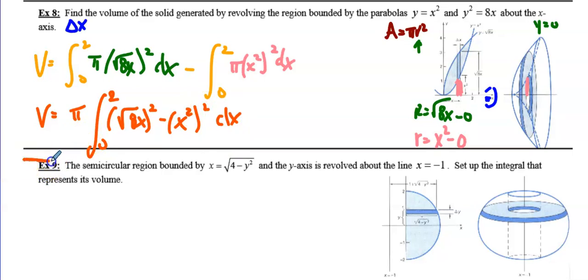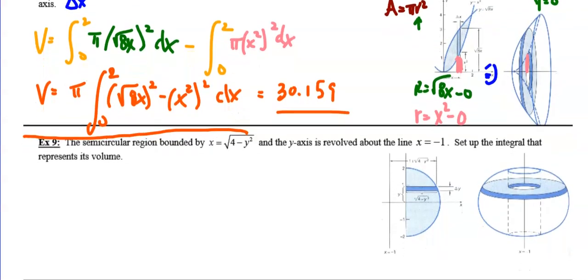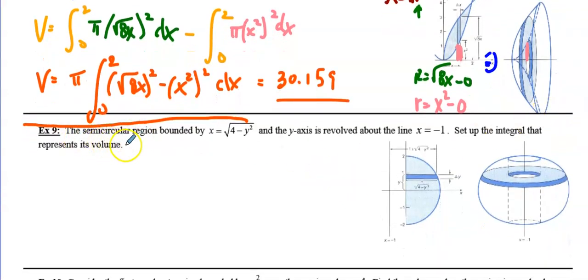So this is usually what you guys are going to end up showing me as an easy way of setting these problems up. And we're going to do quite a few of these problems. Like I said, this is the very first one where one of our axis of rotation ends up being the axis. And then, when all is said and done, and you plug this into your graphing calculator, because this is what you're going to do, you're going to get that the volume is approximately 30.159. And so after all these videos are said and done, I'm going to give you guys a review of everything that I've done. So let's continue on with example number 9, and this one is going to be a semicircle